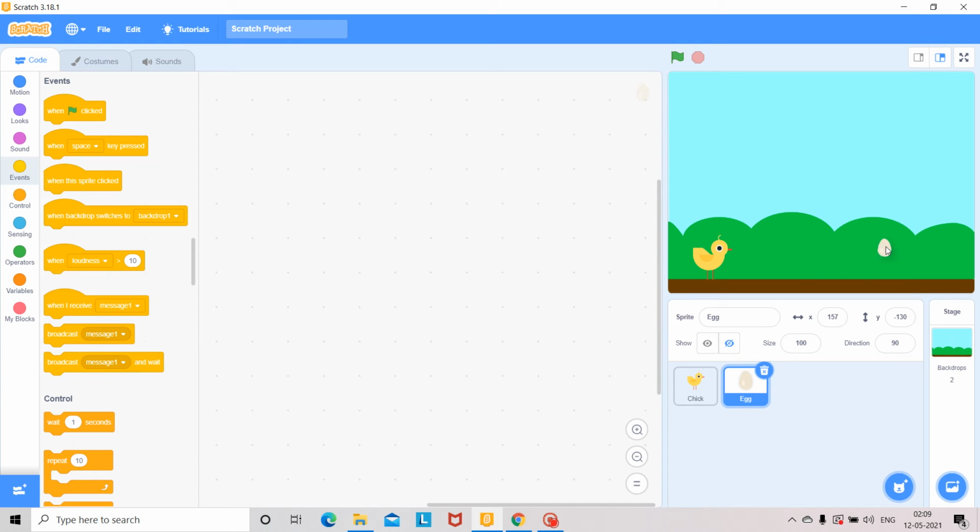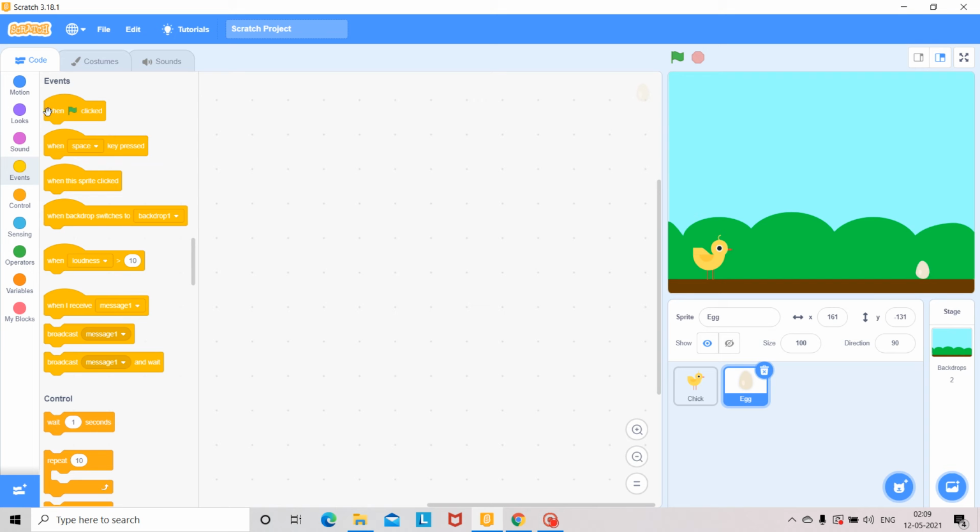When it is moving vertically, the y value also will change. So you set the egg position. Now I set the egg position at x value 161 and y value minus 131. So when the game starts, the egg will come from this distance.